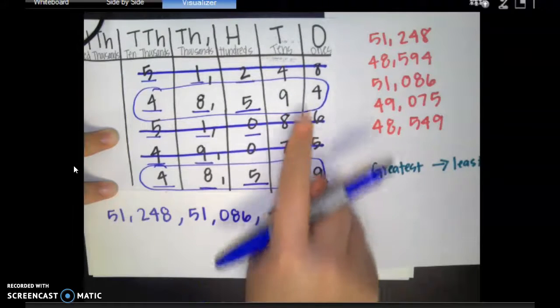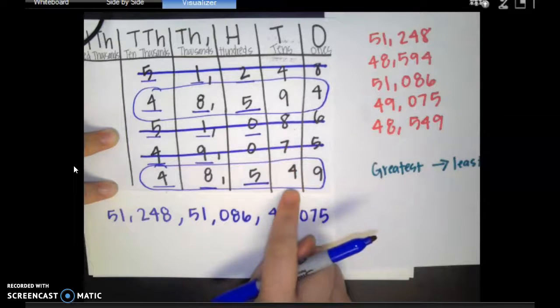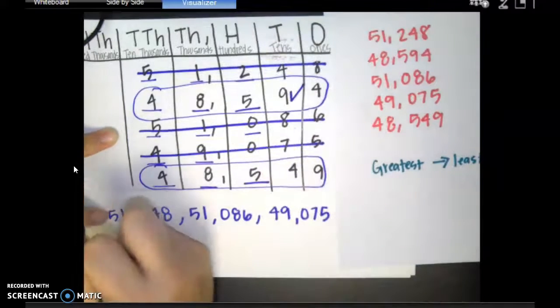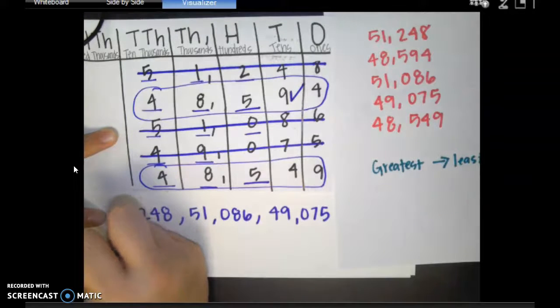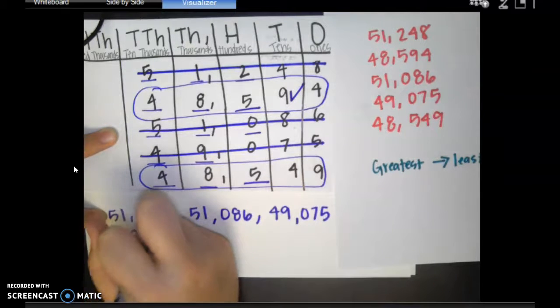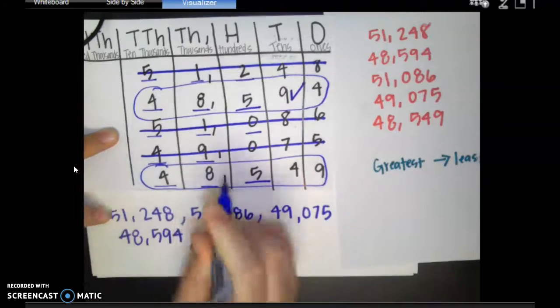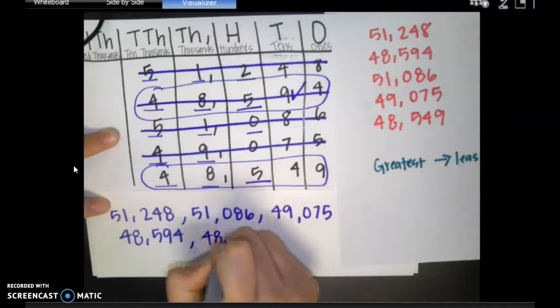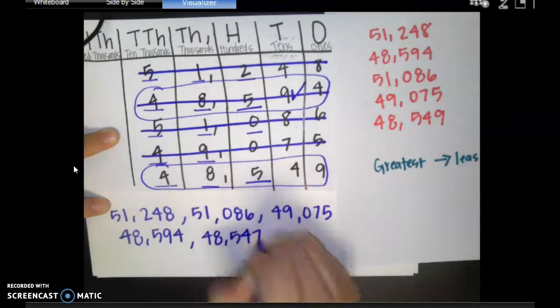Which one is greater? They're different digits, so I know one of them has to be greater. The 9 is greater. So that means 48,594 is the next number in our ordering, and the last number, the smallest number of these 5 numbers, is